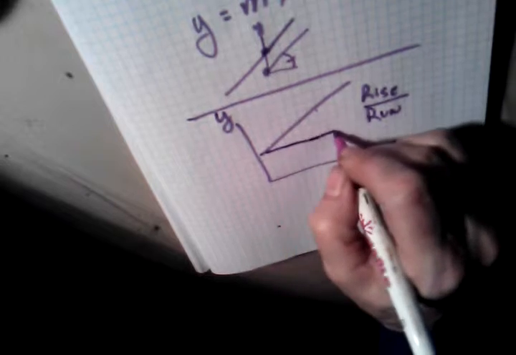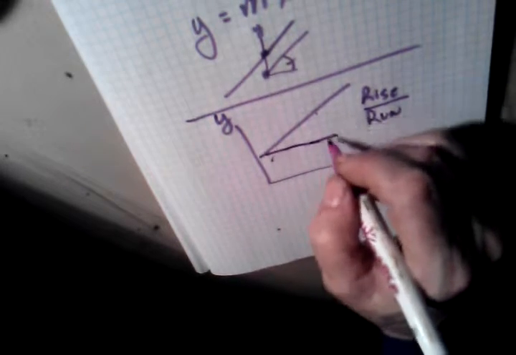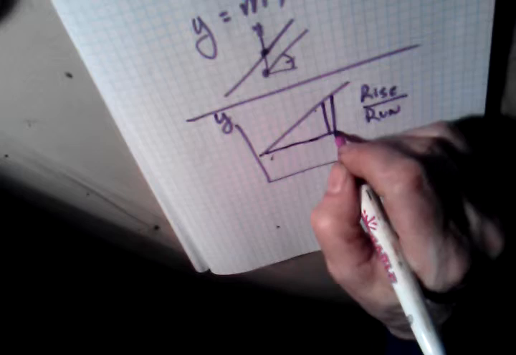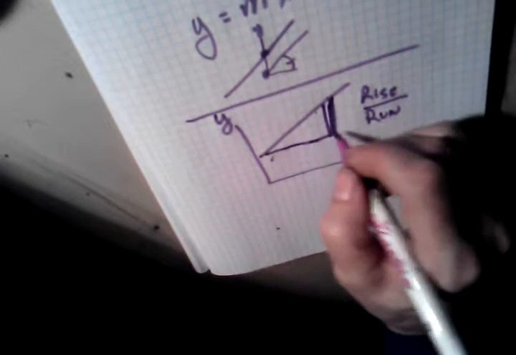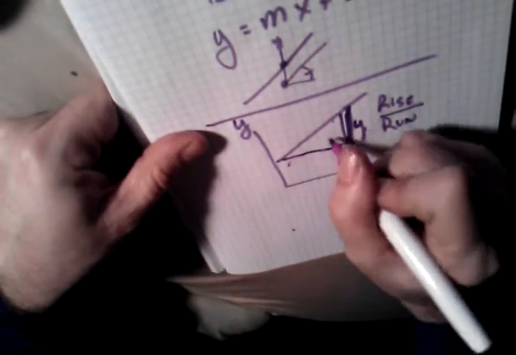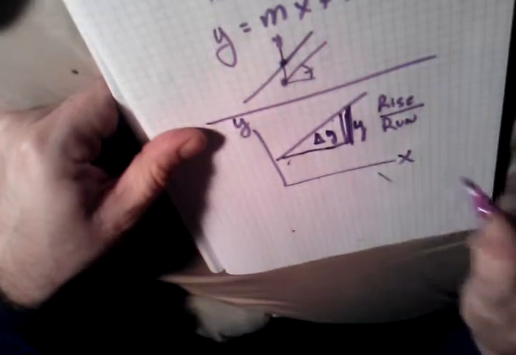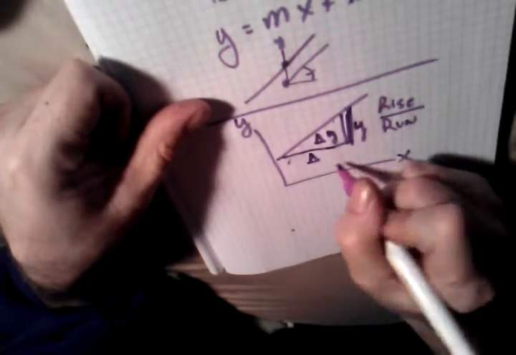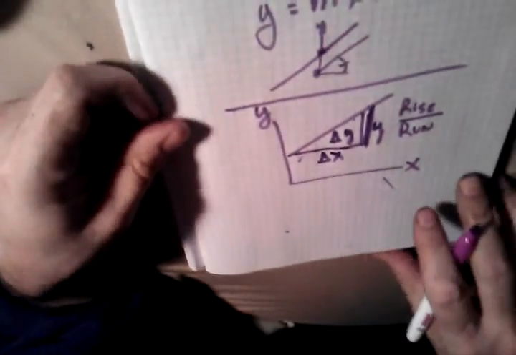And since this is the y-axis and this is the x-axis, of course, rise, let's just think about this. This much change in y and this much change in x and this much change in y. So the change in y right here would be the amount of rise. Okay, so this delta sign means change. So change in y would be up and down, and change in x would be left and right. So that would be your run, change in x that way. Okay, I don't know if I'm losing my space or not, but